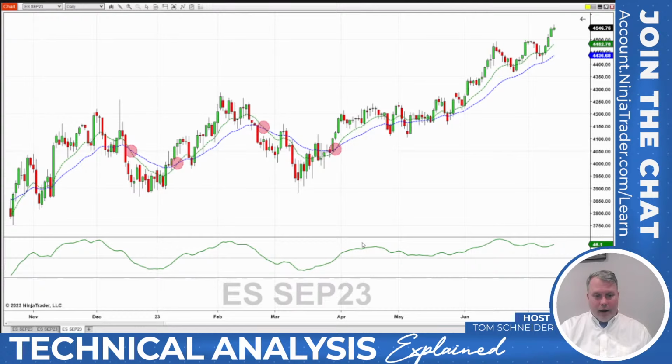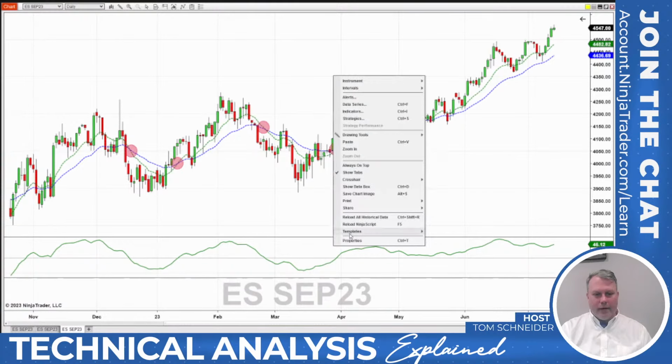Basic. So Gerald Appel might have been able to sit down and say, wow, this is great. I've just taken two lines and I am set, right? This is my legacy. But no, he didn't. He went even further, and this is what I love about this. He took this concept of smoothing data and using it for a signal line from the moving averages on the price, and he applied it to his MACD. What do I mean by that?